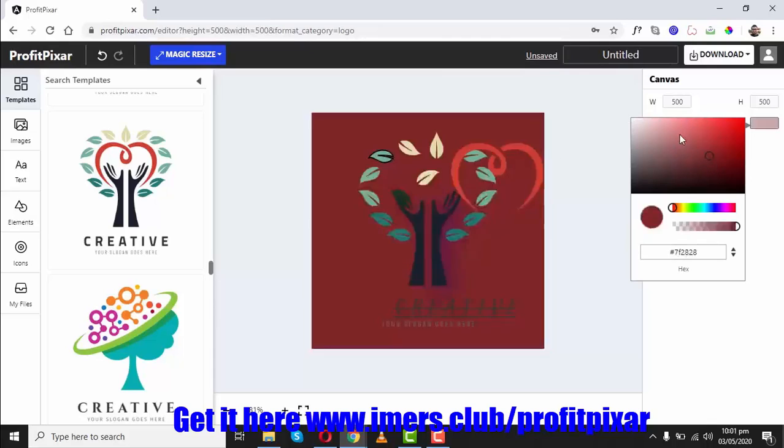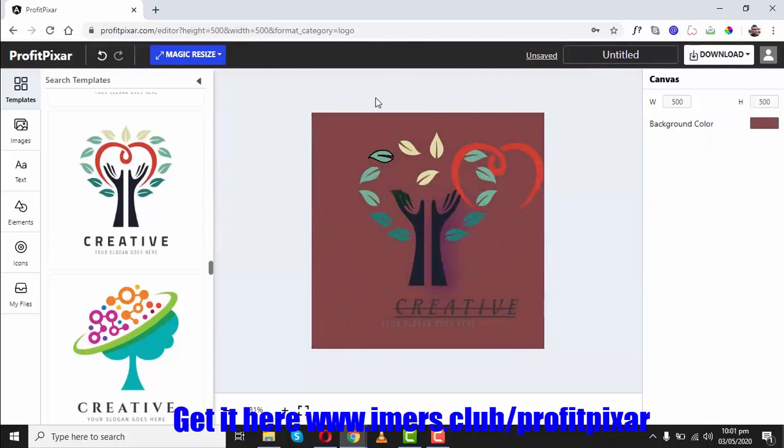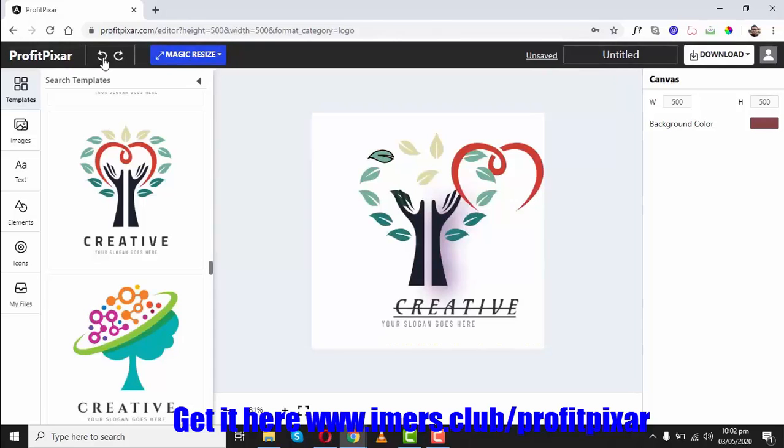This is the background color. If you want to change this, this is a very brief introduction to the editor. And as you can see, these changes are automatically saved after every 5 seconds, so you don't have to manually save these templates. And then we also have the undo redo features. So if you want to go back to your previous designs, previous changes, you could also do that. So this is how you do it, by using the